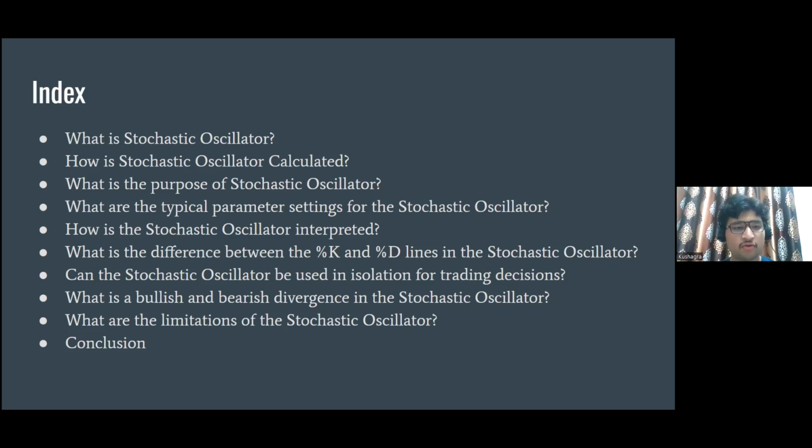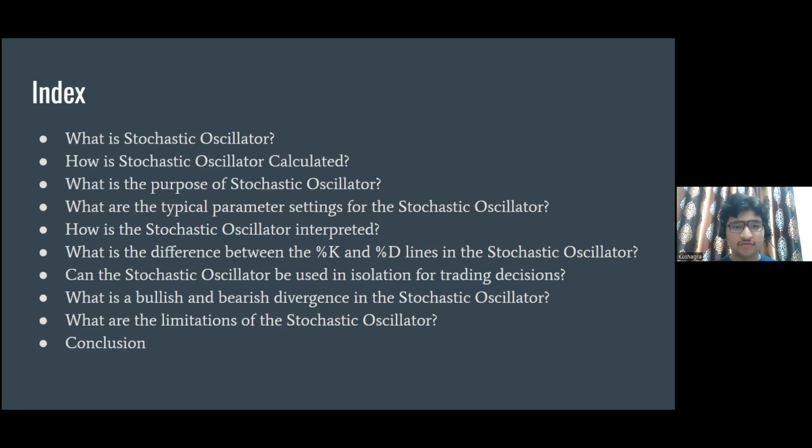Then we'll move on to how the stochastic oscillator is calculated. Then we will look into the purpose for the stochastic oscillator. Then what are the parameter settings that are done for it, and how the stochastic oscillator is interpreted in it,